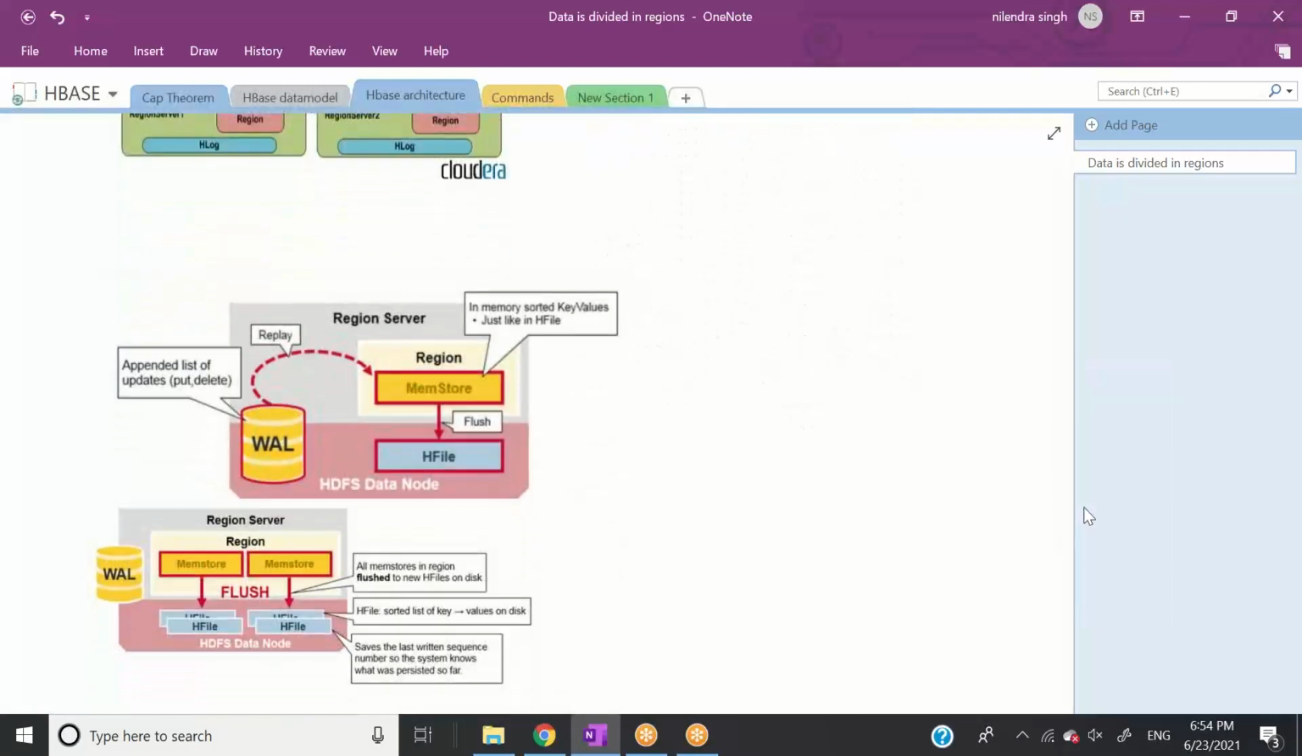So when we write something, let's say we insert some rows into HBase, what is going on behind the scenes? There is something called WAL, which stands for write ahead log. Whenever you're writing some data, appending, putting, deleting, whatever,